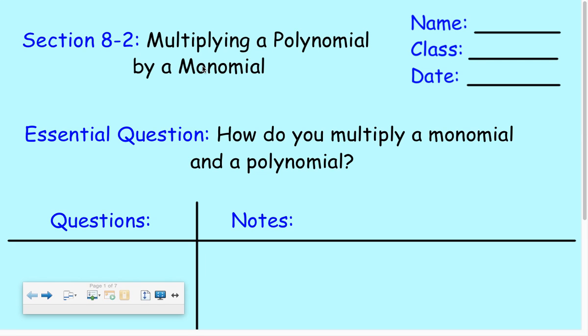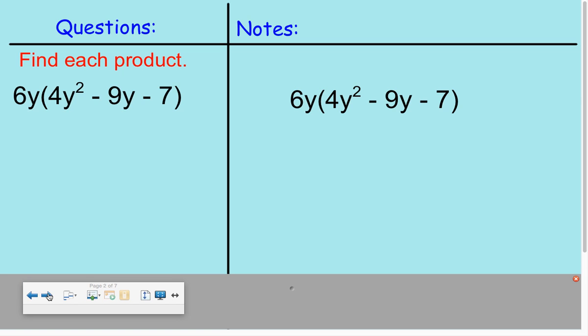Section 8.2, multiplying a polynomial by a monomial. Essential question: how do you multiply a monomial and a polynomial? So find each product. This right here, the 6y, is called a monomial. It is a number, a variable, or the product of a number and variable. And then this right here